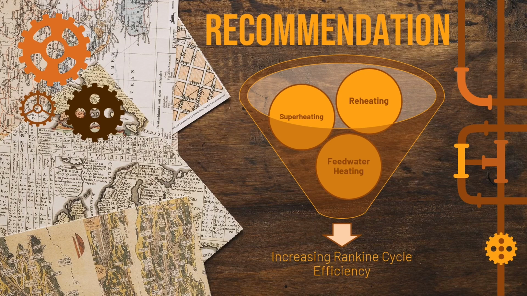And lastly, feed water heating, where open feed water is used to remove dissolved gas such as carbon dioxide and oxygen. When hot steam from turbine is mixed into feed water, it produces bubbles that will absorb the dissolved gas. Thus will increase the efficiency of steam power plant.